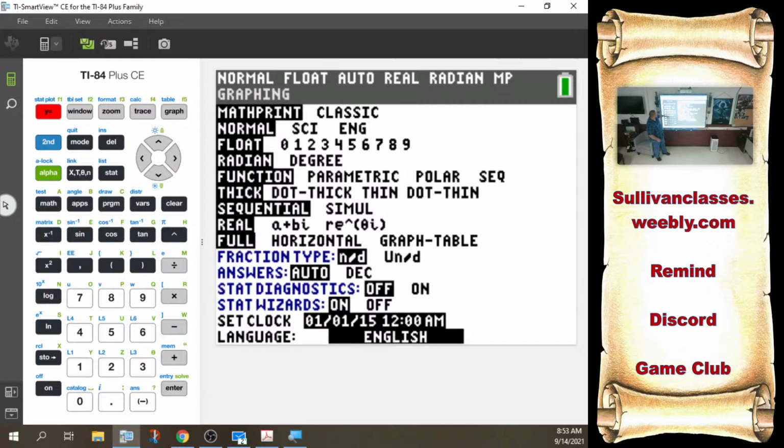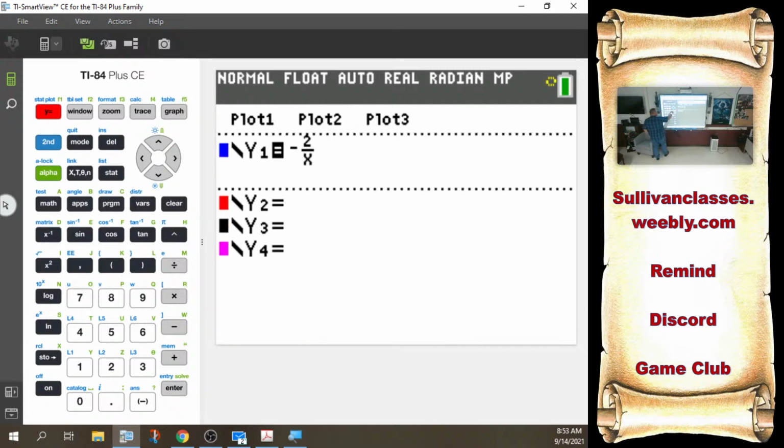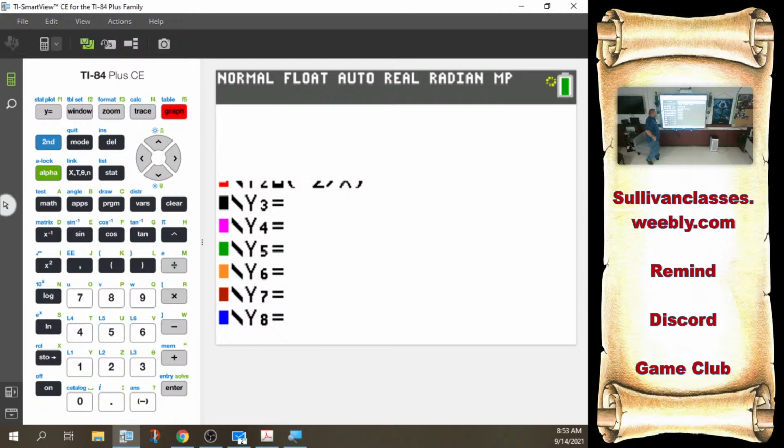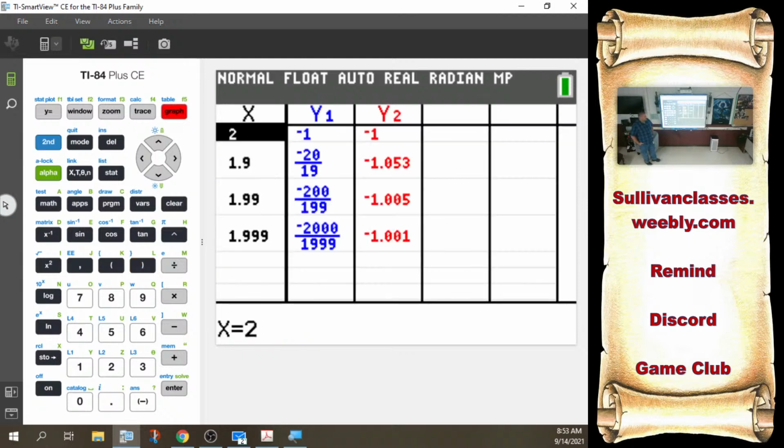Actually, I'm going to put in the other one for a comparison side by side. You don't have to do this; you can just switch it over to decimal. -2 divided by x. See? If I write it as a fraction, it gives me a fraction. If I write it as a decimal, it gives me a decimal. It's getting closer and closer to -1 from this side. Make sure that it still gets closer and closer to -1 from the other side.